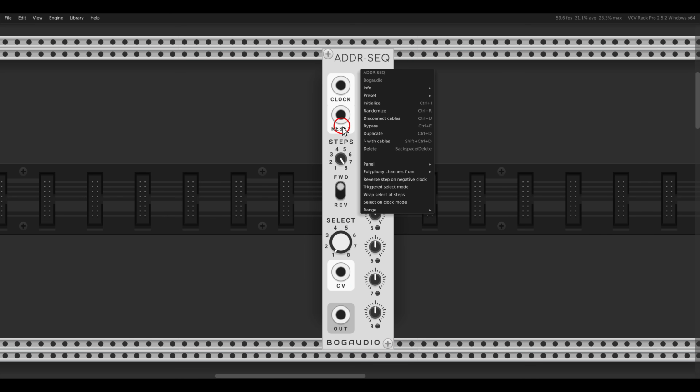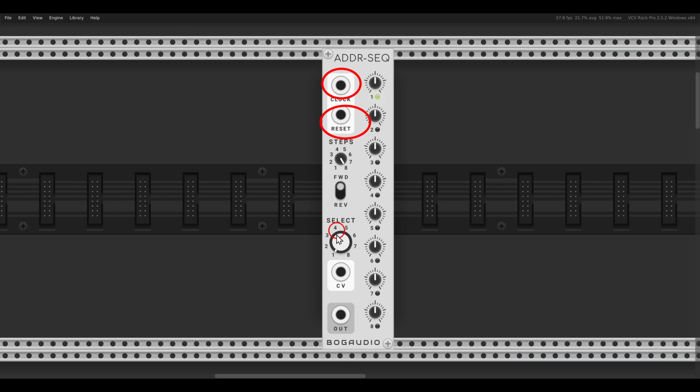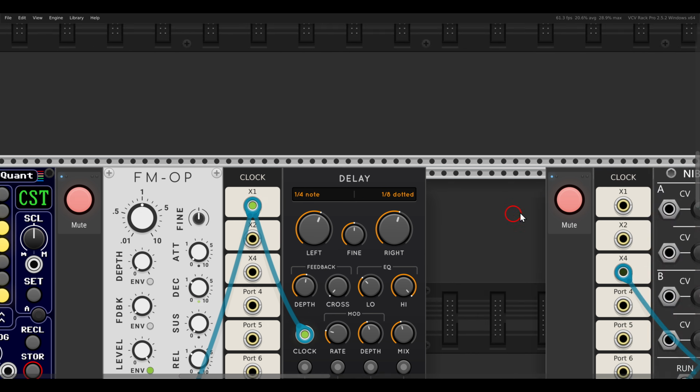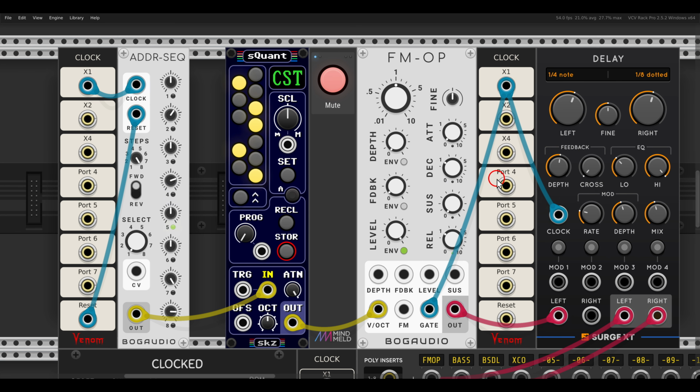In the right-click menu, we can change the range of the sequence. Of course, we have a clock input, a reset input, and we have one output. Here I have it sequencing the pitch of an FM operator through a quantizer. And again, by default, we have 8 steps, but of course we can have shorter sequences, but also longer sequences